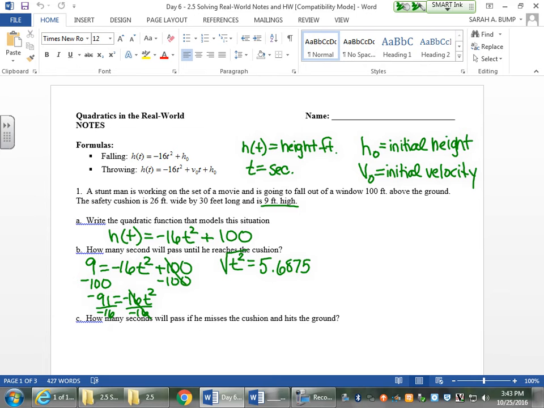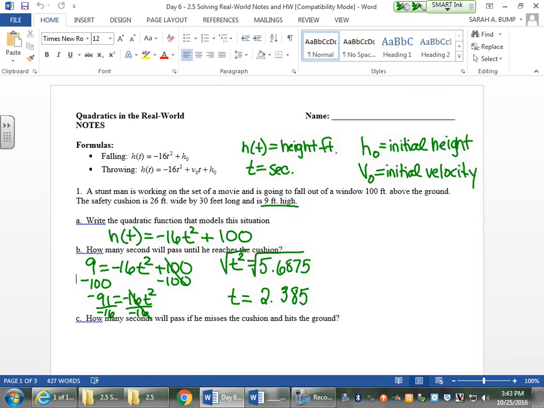And then to get rid of the square, we square root both sides. Normally, we put a plus or minus sign when solving by square roots, but in the real world, most of the time, the negative answer won't make sense. t is talking about time. I don't want a negative time, so I'm only going to want the positive version of this radical. So when I square root 5.6875, I'm going to get